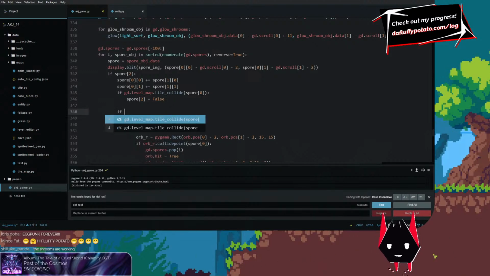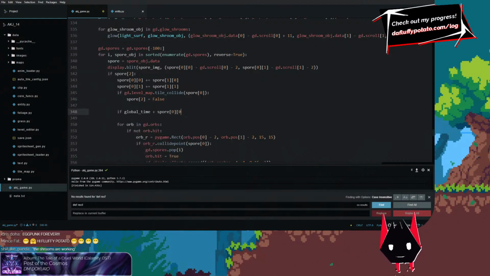If global time plus 400 divided by 18 mod